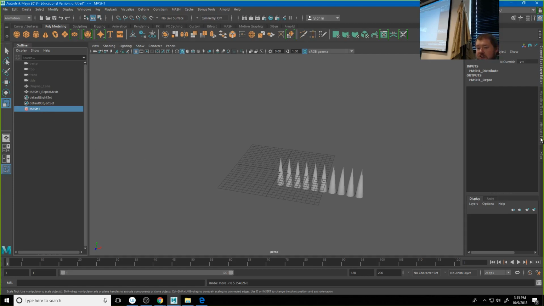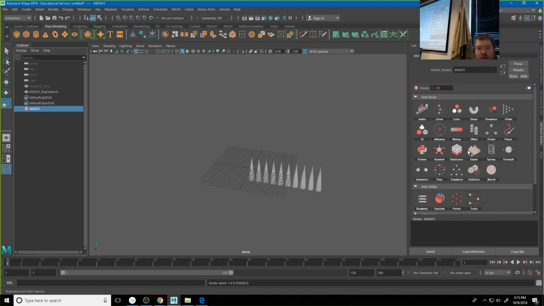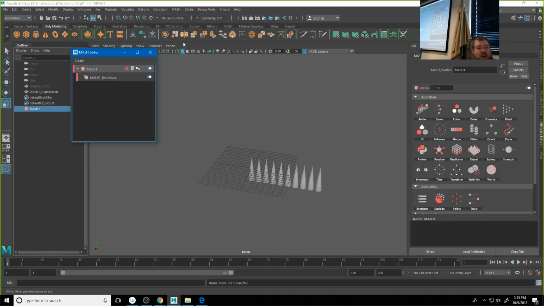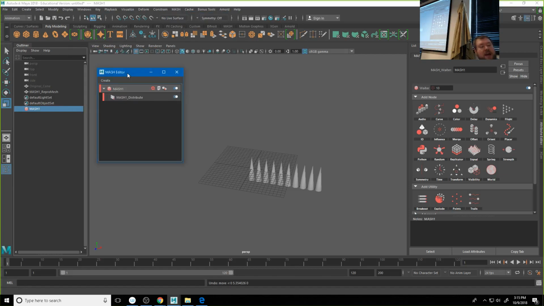Now, if I go to my attribute editor with that MASH 1 node selected, you'll see that I get this, right? Which is a bunch of nice icons that don't make sense. We'll talk about some of those in a minute. For this to make sense, we need to open our MASH editor. So if we go to MASH editor, this is